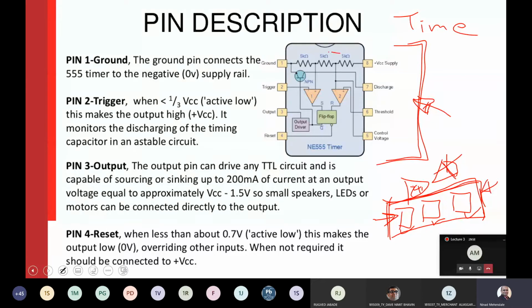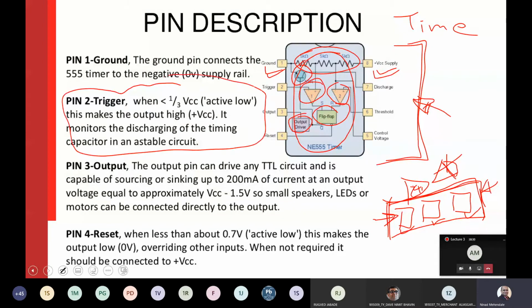So this is a third way to draw the internal block diagram of IC 555. By this time, you might have realized there are two op amps, there are two 5K resistors, there is one flip flop, there is one driver, and there is one transistor. That's all you see in the block diagram. As per the pins, the first pin goes to the ground, the last pin goes to the VCC. Pin 2 is